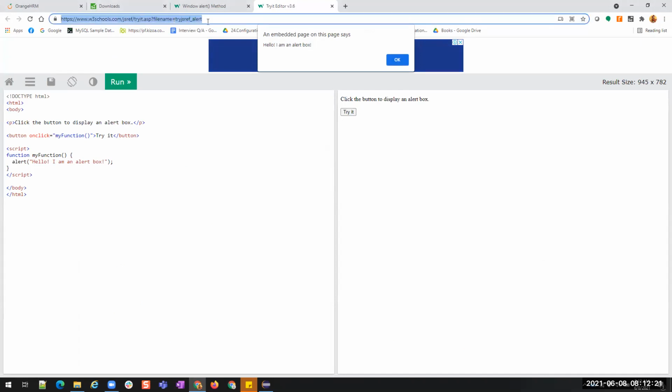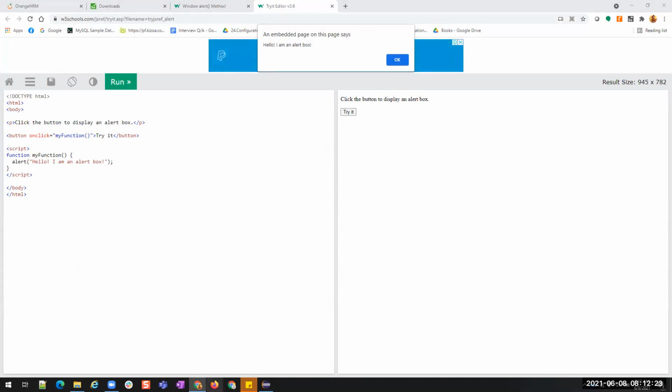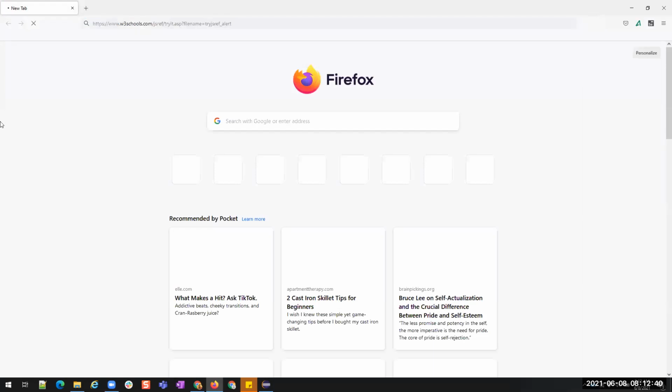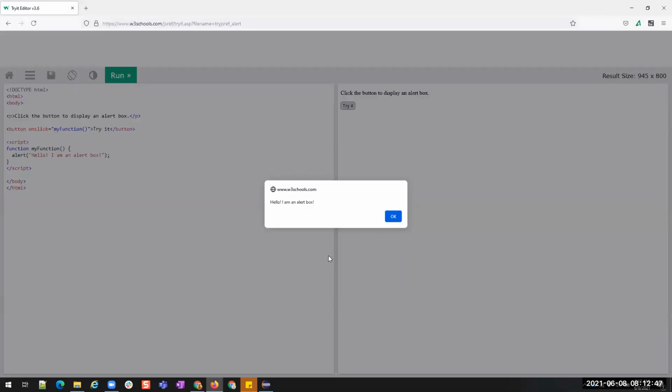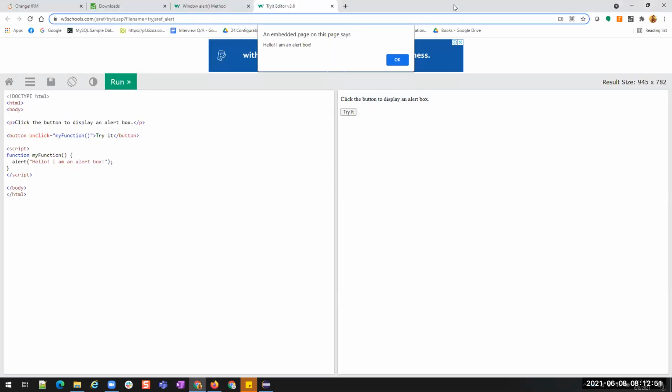Now let me copy this URL and open it here. I'll click on Try it. How is it displayed here? Is it the same for Chrome and Firefox?